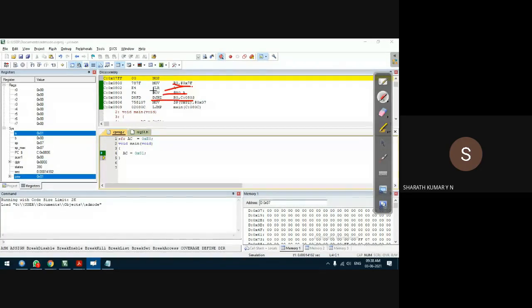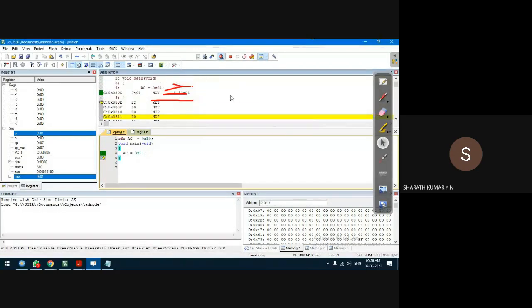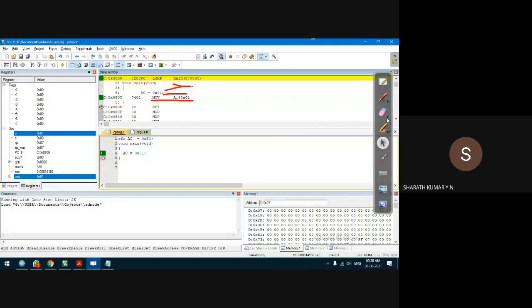This program we need not worry about, but what we have to understand at this point is the C program will be converted into what is known as an assembly program. You can see the C program here also, for example, void main, AC is equal to 0x01. So this AC corresponds to the address E0. E0 is nothing but the accumulator. So what it is doing is this instruction AC is equal to 0x01 is converted into the instruction move A comma #0x01. Why?